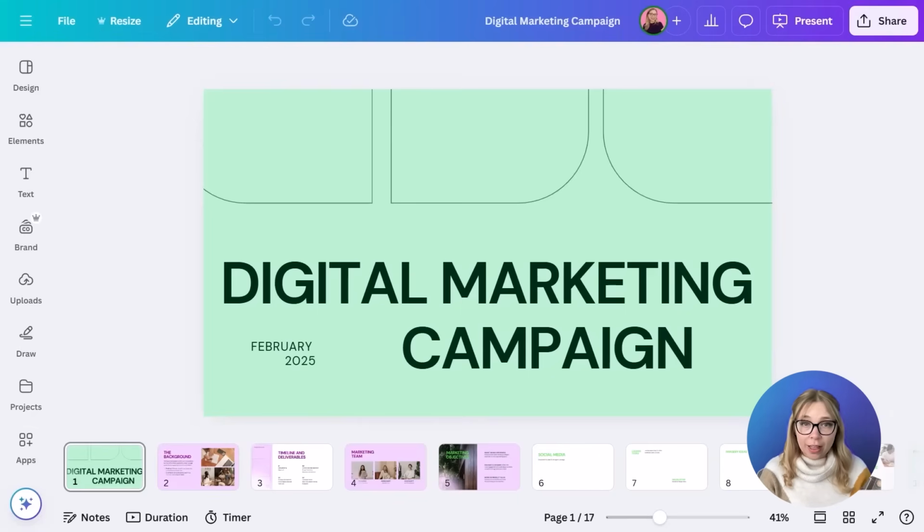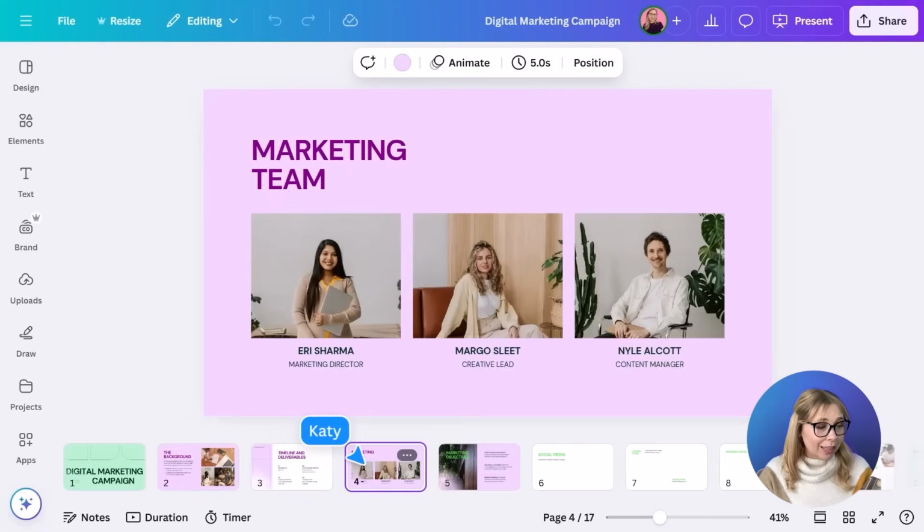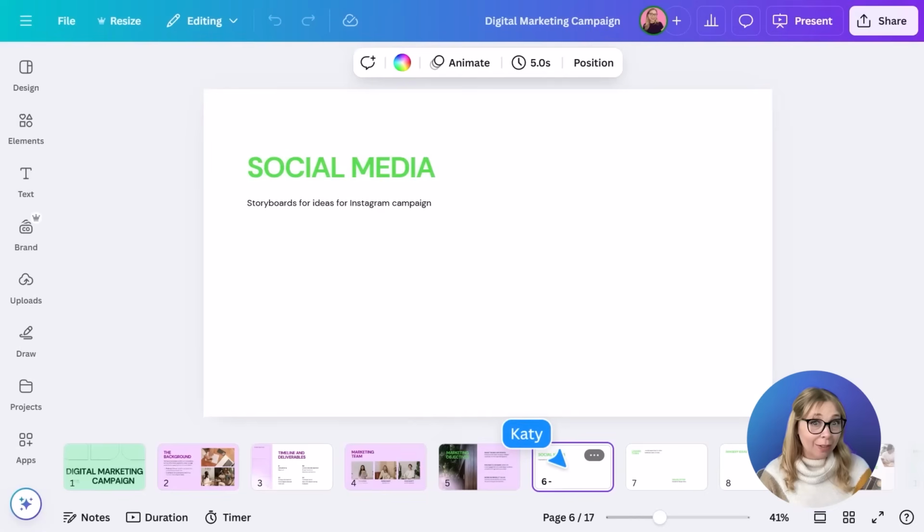So I found this deck in Work Kits. If you were in our last session or What's New Wednesday for December, you may remember Work Kits. I found this in the marketing section. I've put it in their brand and I've started completing it for the customer. So, I have our background of our team, who the team is, objectives, and then here I have some blank